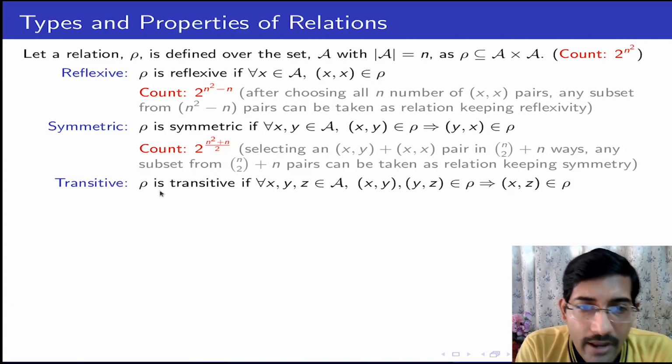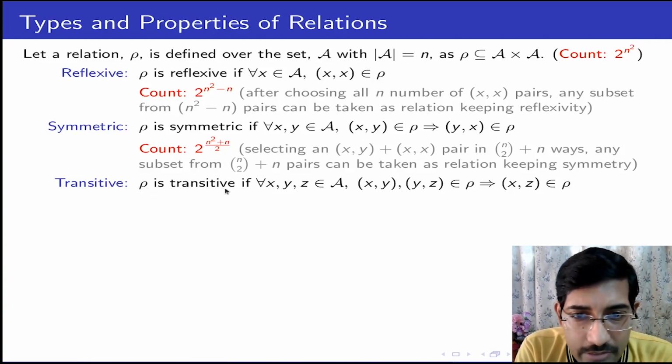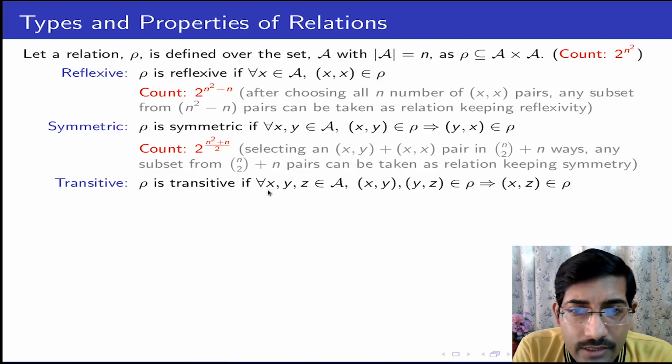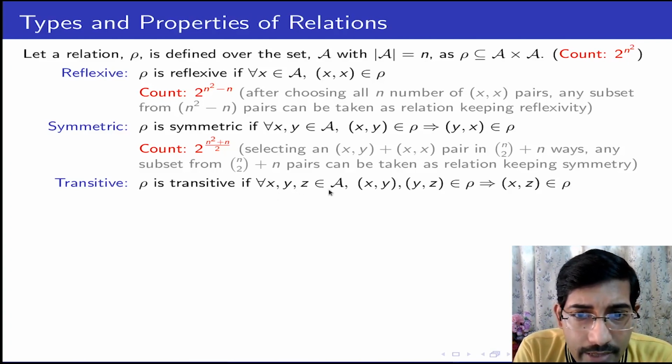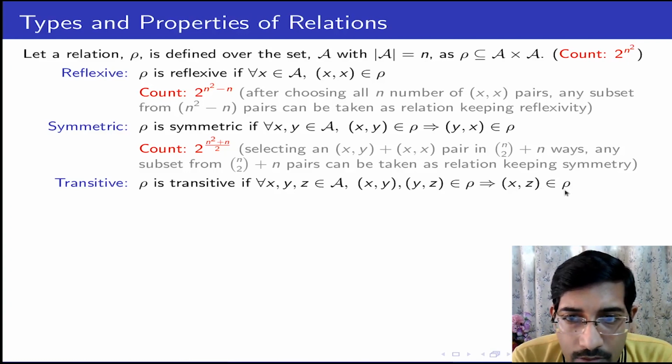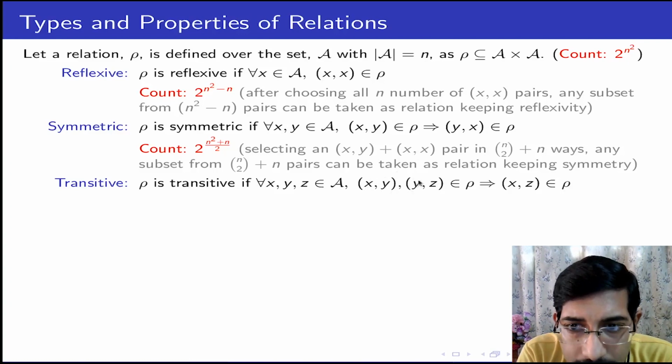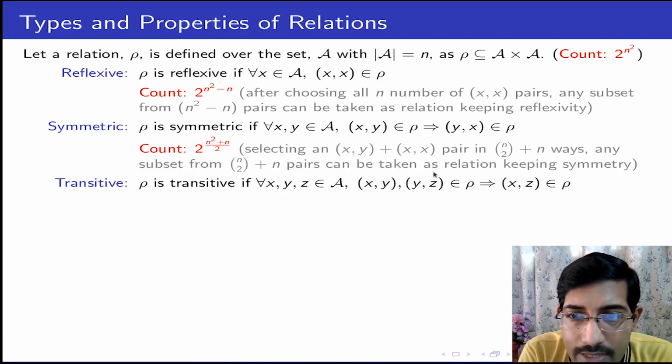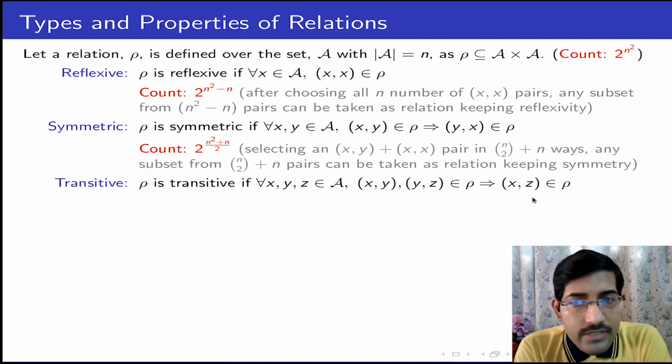So I define a relation rho to be transitive if there are 3 elements in set A over which I am forming the relation. For all three elements, I can define that x is related to y is related to z. So these two relations are present in my relation set. Then the xz relation should also be inside it. So that's why I call it transitive, that I could transit my relation over an intermediate point. So x is related to y is related to z gives me the freedom to relate x with z as well. So that is the transitive relation.